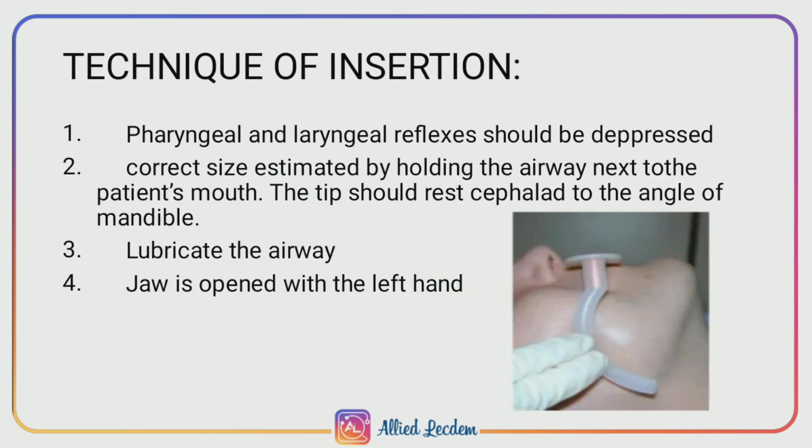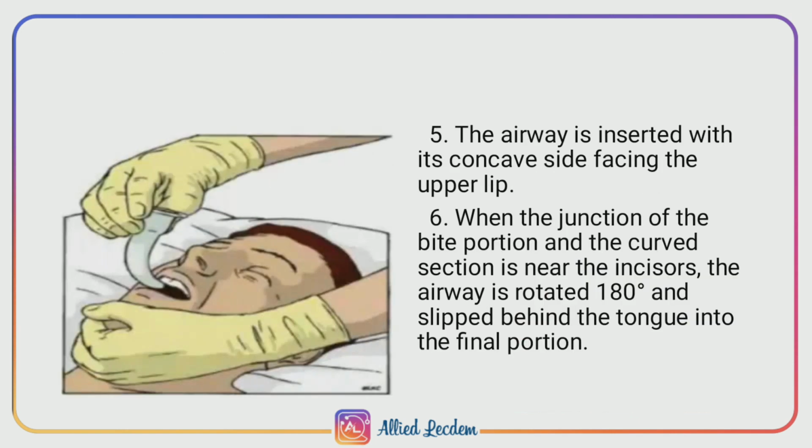Technique of insertion: pharyngeal and laryngeal reflexes should be depressed. Correct size is estimated by holding the airway next to the patient's mouth. Lubricate the airway. The jaw is opened with the left hand. The airway is inserted with